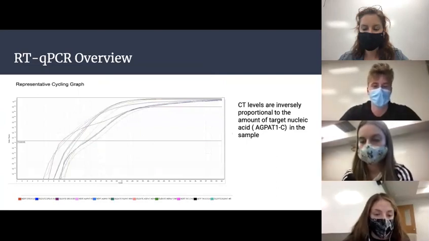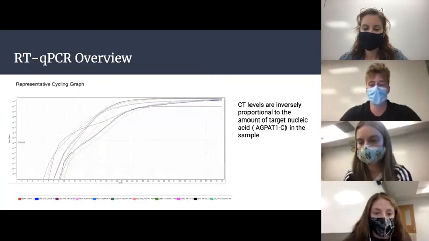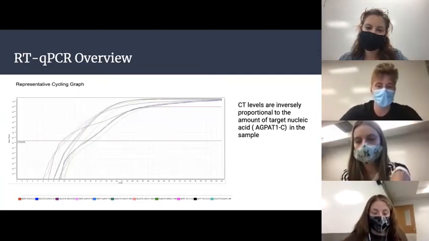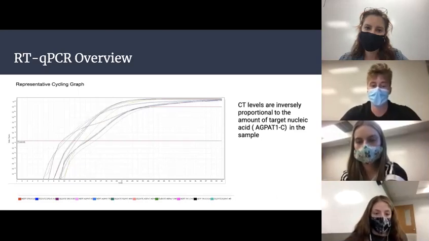The CT value, or the cycle threshold, is essentially the number of cycles required for the fluorescent signal to cross the threshold level, which means it's exceeding the background level. You can see where the lines cross that line, that would be their CT value. And the CT levels are inversely proportional to the amount of target nucleic acid in the sample, which in this case, we're concerned with the AGPAT1